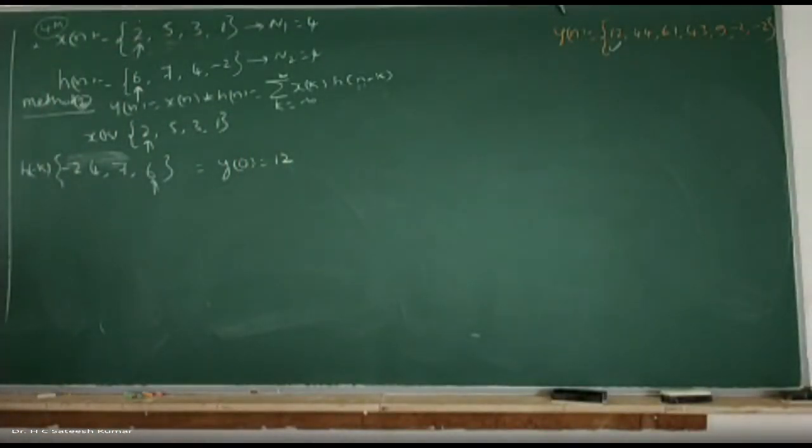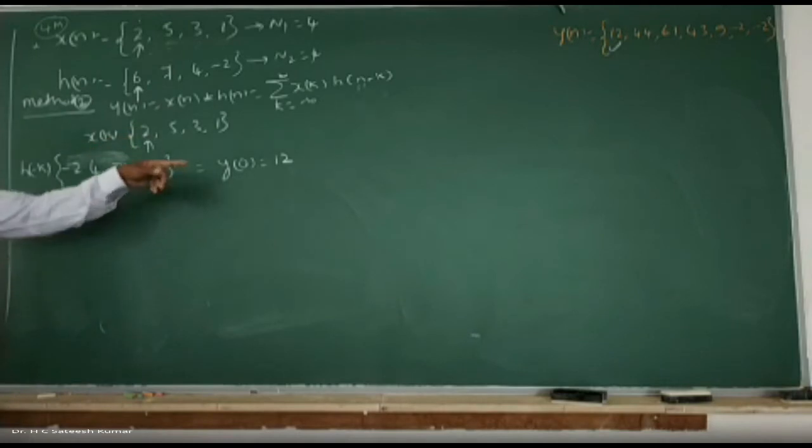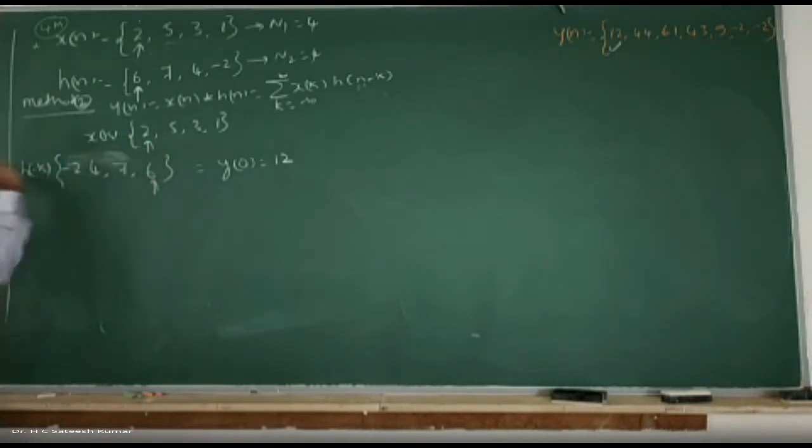Next. Shift. If you give n a negative value, it will be shifting to the left. If n value is positive, it will be shifting to the right. If n is equal to 0 means no shift, only fold. So we got the first element, n is equal to 0. n is equal to minus 1, let us say, if you go to this side, you have to shift it from minus infinity to plus infinity. If you shift it towards minus infinity, we will get 0 only. So therefore, I won't take it.